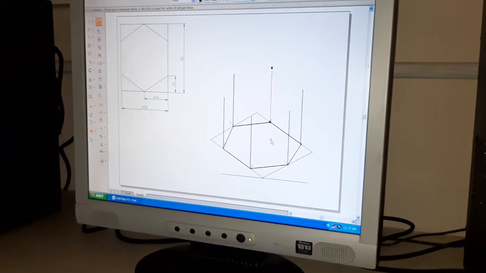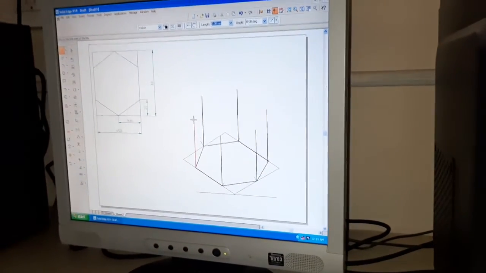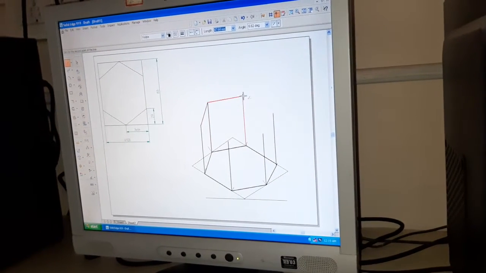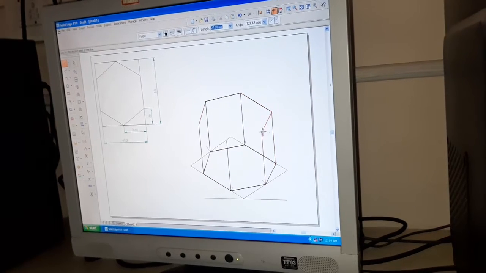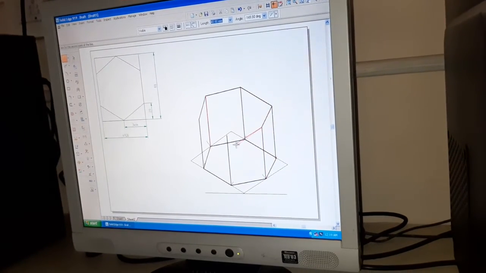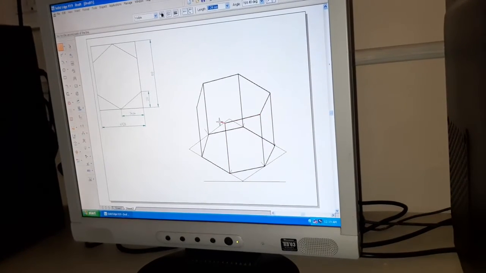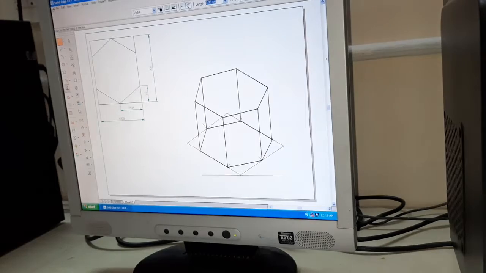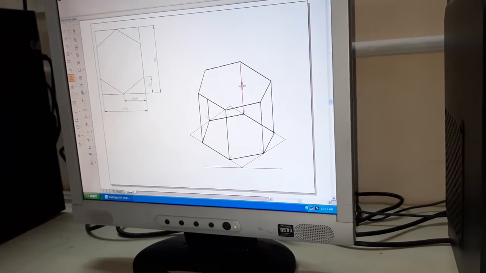We have raised the height by 60 mm from all the 6 corners of the hexagon. Join these points to complete the hexagonal prism. Now the hexagonal prism is ready.